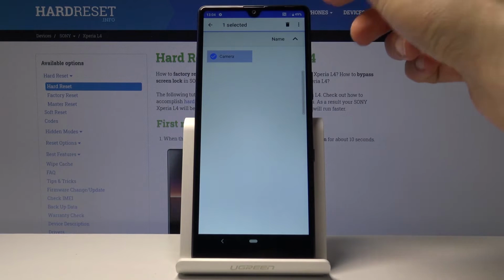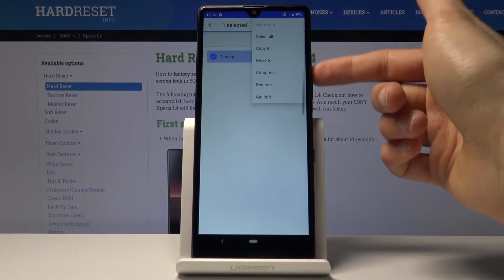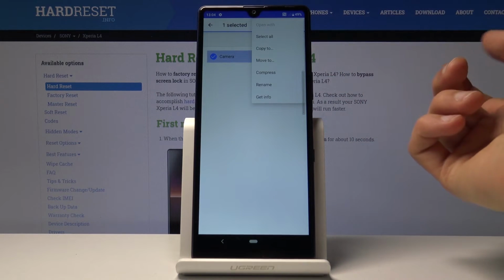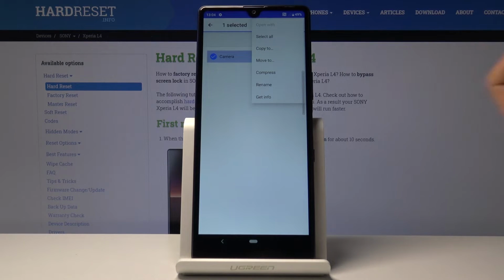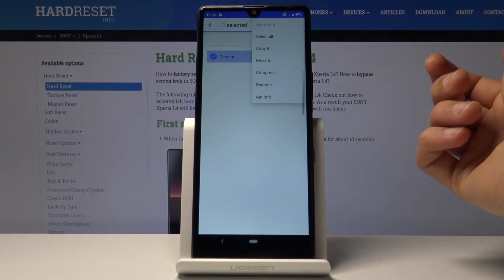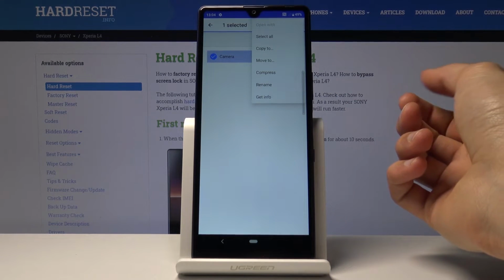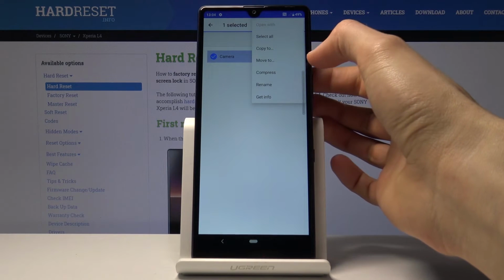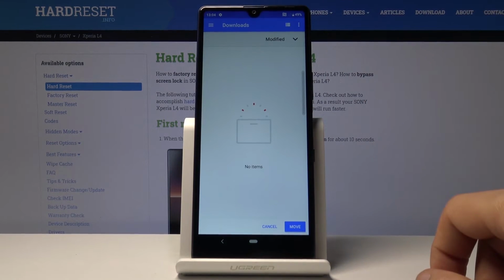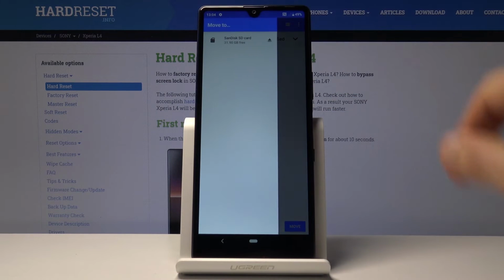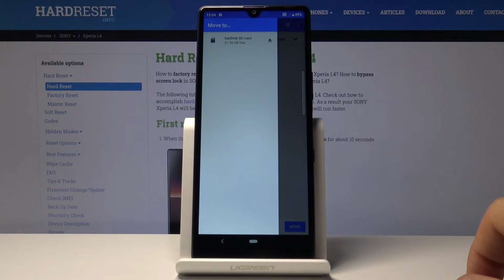Now once it's selected, again tap on the three dots and you have the two options, copy or move. So choose whichever one suits you. Copy will create an additional set of the same files, while move will basically remove it from where it is right now and move it to a new location. So choose whichever one you want. I'm gonna go with move, and once you tap on it, go back to the three bars right here and